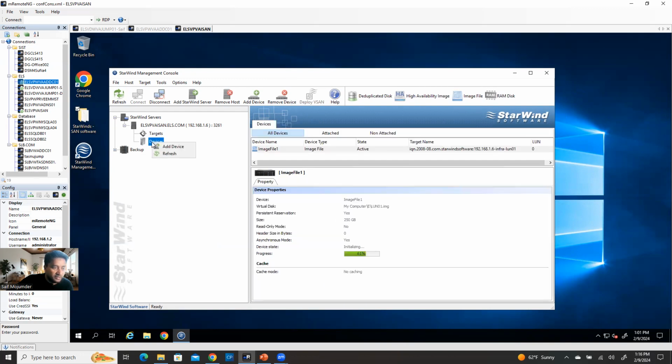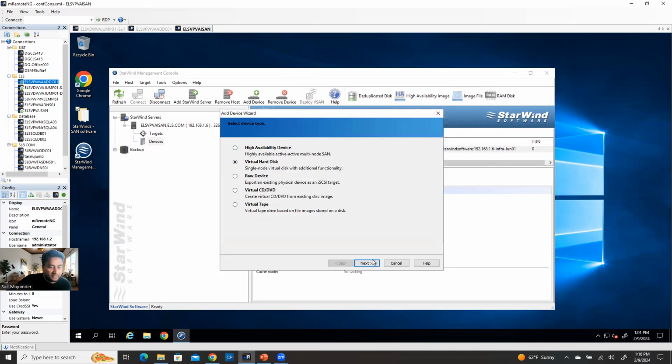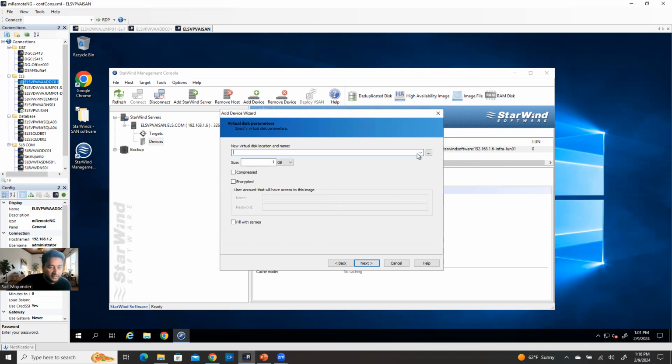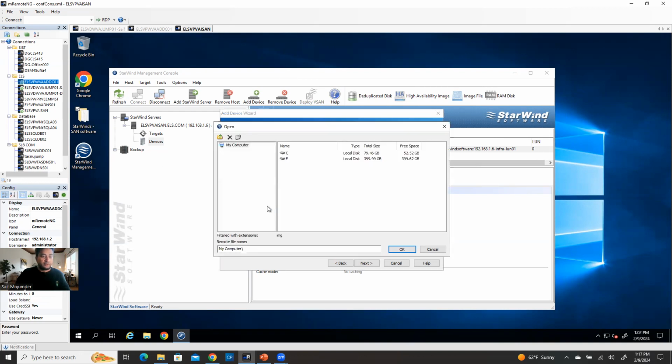So now I'm going to create another one. Add virtual disk. Click next. Image file, next. Create virtual disk, next. And how much do I have left on there? So out of 400, 250 is gone, then 150 left. So don't take the whole space, say another 100 gigabyte, okay? So this one is 100 gigabyte, and we're going to create this one for LUN02 dot